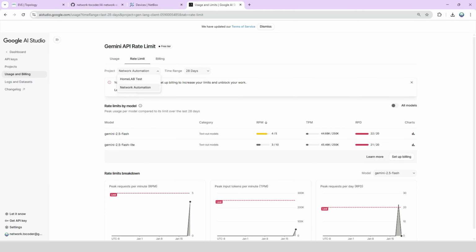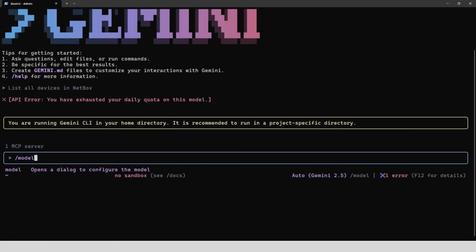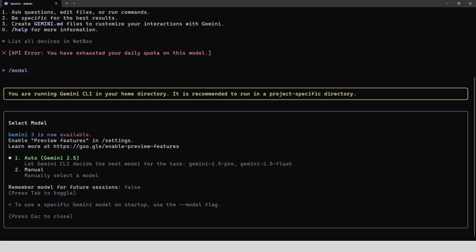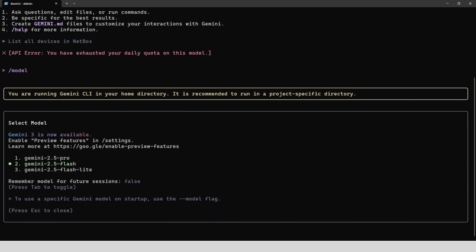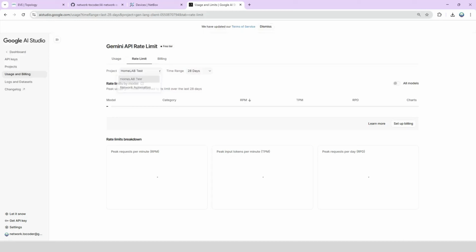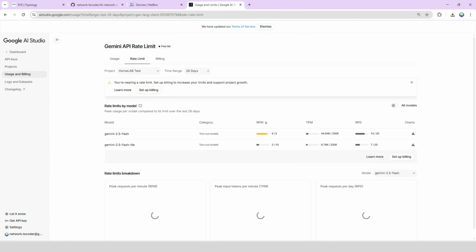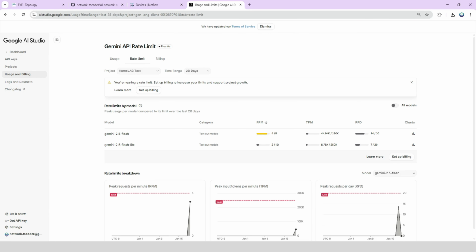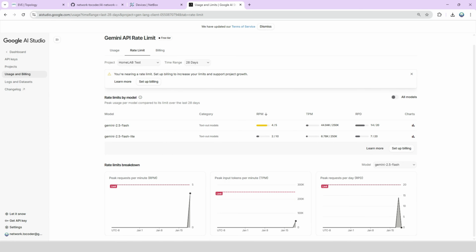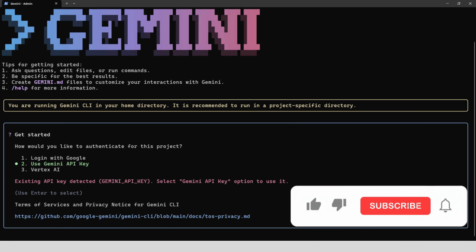So first thing, go to Gemini CLI, type /model and switch to the Flash-Lite. Then it gives you a fresh limit of another 20 requests, which is about 250 tokens. Then you can also try creating a new project. A new project means a completely fresh limit across all models. Both these tricks are within Google's terms. With this, you can keep running without paying anything for your lab use cases. So that's about the rate limit.